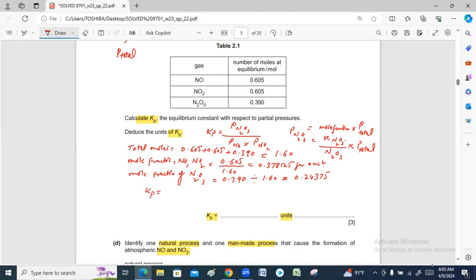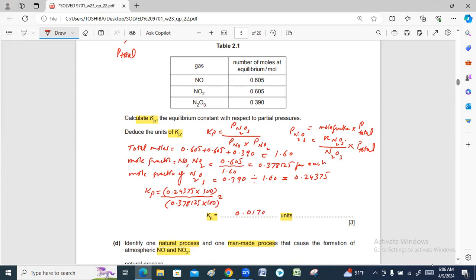The mole fraction of product is 0.24375 times 100. So this is the partial pressure. Then the mole fraction of both NO and NO2 is the same, and 0.378125 times 100, then it's the partial pressure at the mole fraction. Partial pressure of both these gases is the same. So when we multiply it, we can do it like this. And if we solve it, we will get